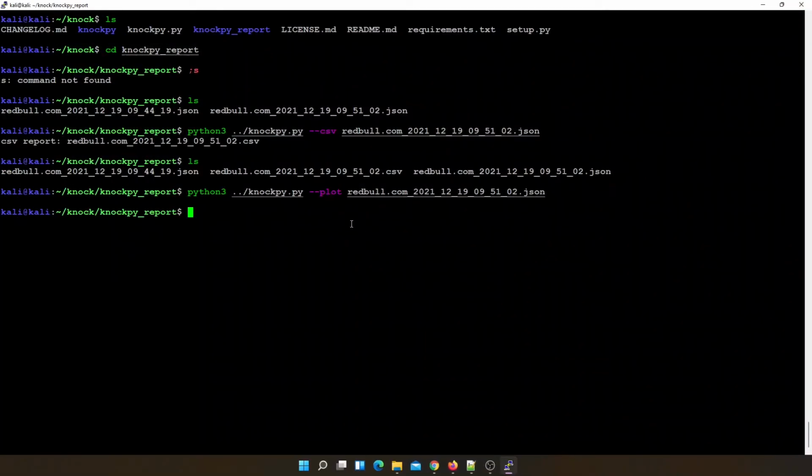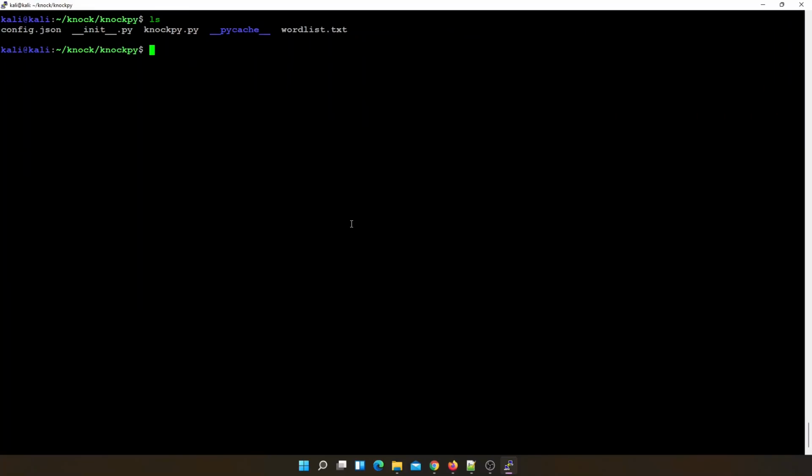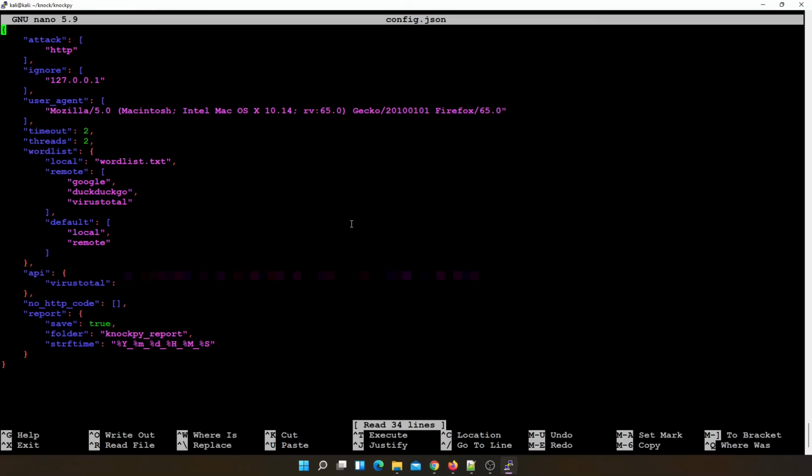Okay, now let us move ahead to another important part on how we can unset the API keys. Previously I have shown you how we can set the API keys. Now in case we want to unset an API key, that is also possible. This tool maintains a configuration file within itself. I will just navigate to that file. It is in NocPy, config.json. Here all the details are given.